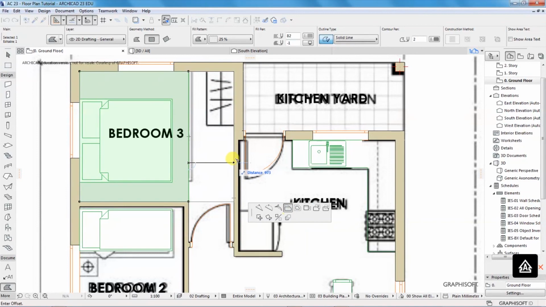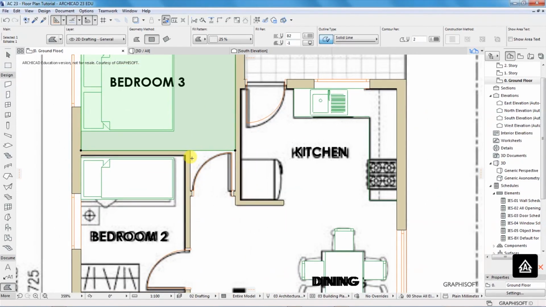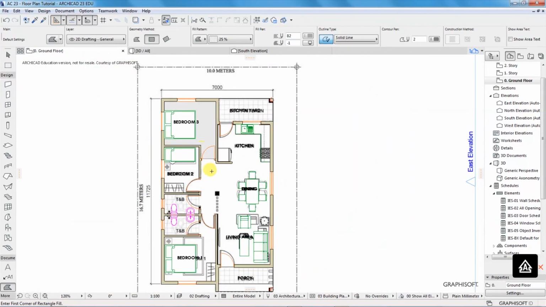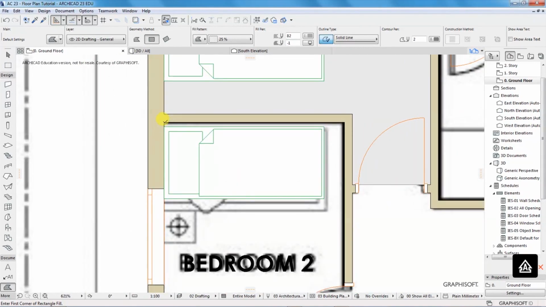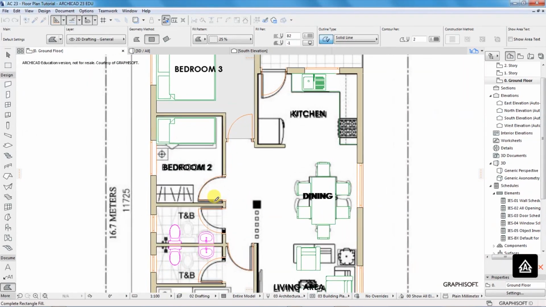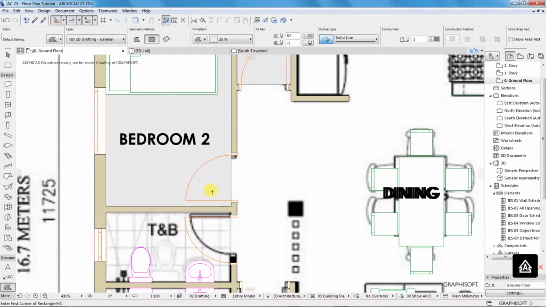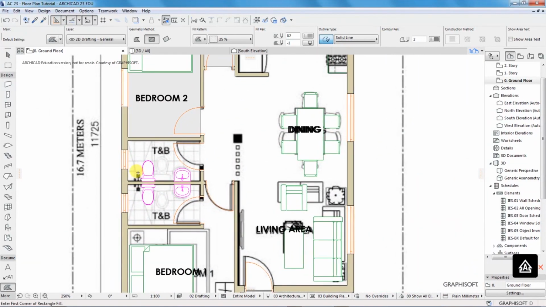Choose this option, move it up to that point, then I'll create a node here. Choose the first option, create a node, select this, choose this option, move it up to that point. I will have a fill also here. We'll have another one for these two. That point to that point, I will have this,